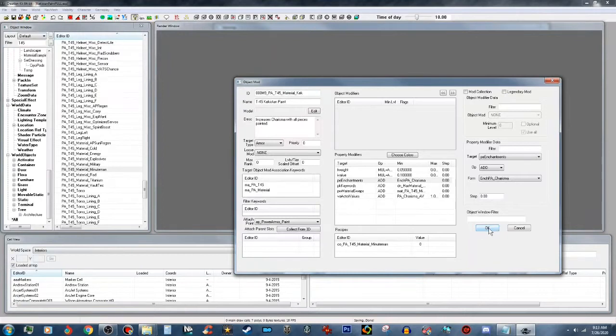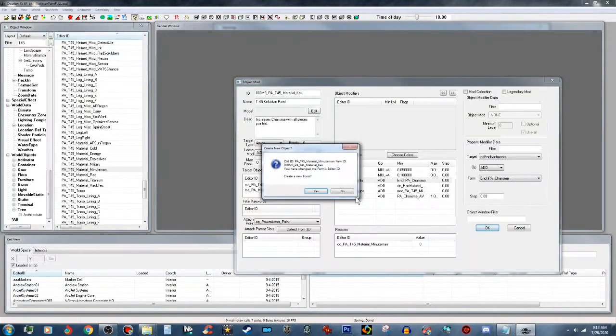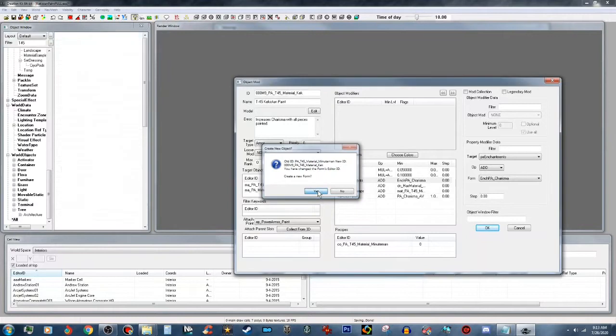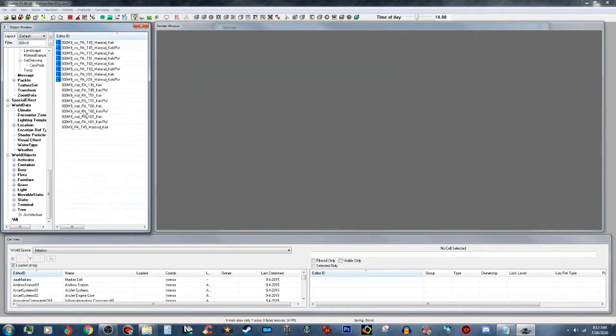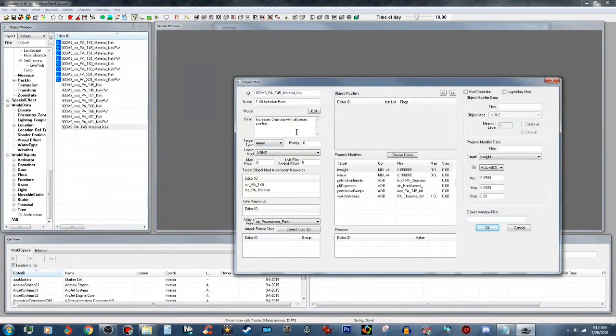So we're just going to go ahead and do that. Now we're going to go back up to all of our files, and here it is right here. We're going to open this up. Now I just noticed something out of the corner of my eye, and I'm not sure what it was I was looking at. Oh yeah, keywords. We'll get to that. And